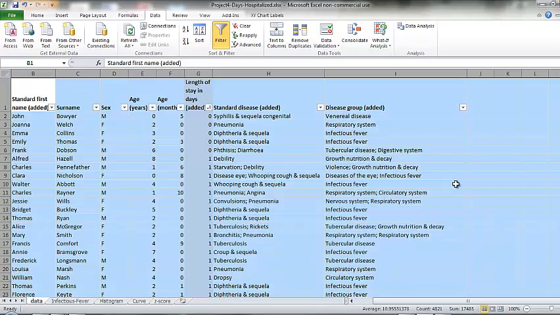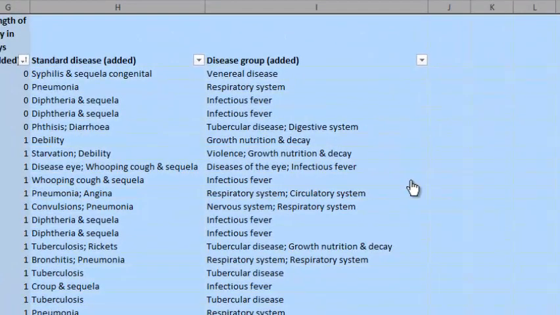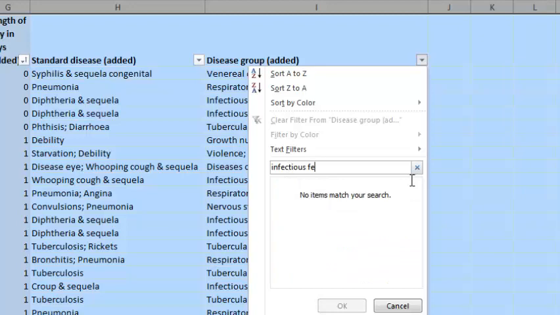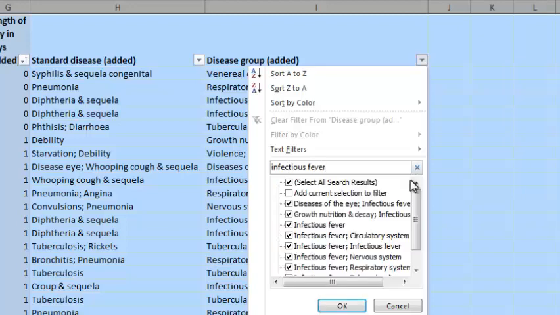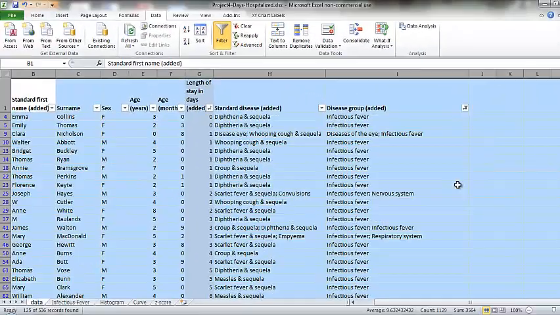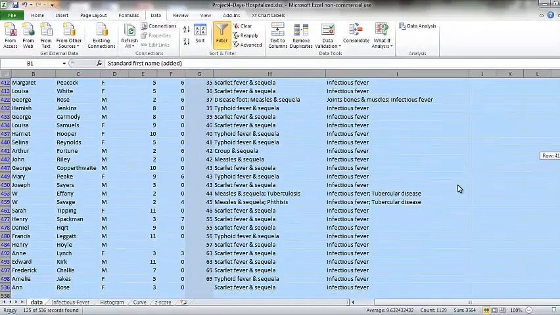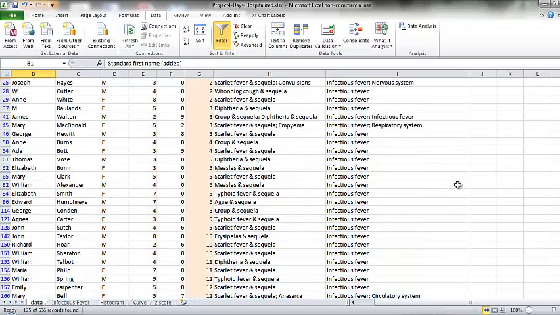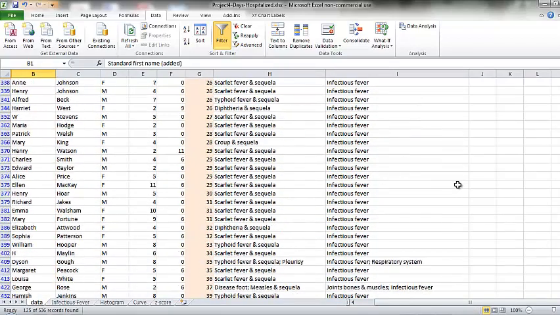I also want to filter by disease group, and Excel 2010 has an interesting feature here that will allow me to type in the value I want, infectious fever, and this will select all the items that include infectious fever, some of which will also include another value. Once I've done this, I can see that I have a subset of the data showing, and I can select just the data that matches my criteria